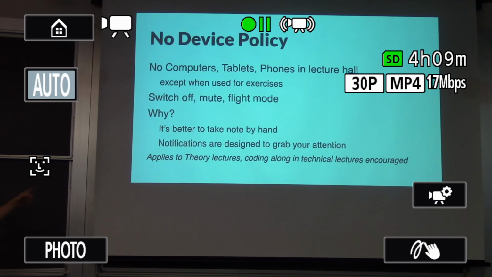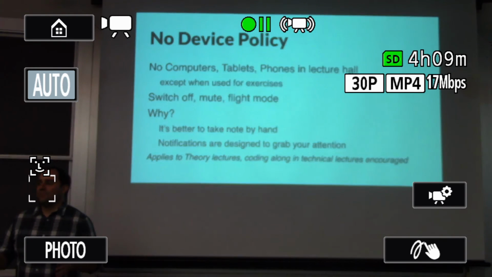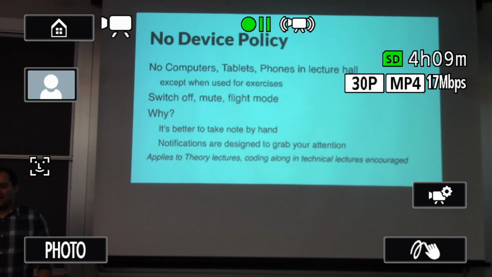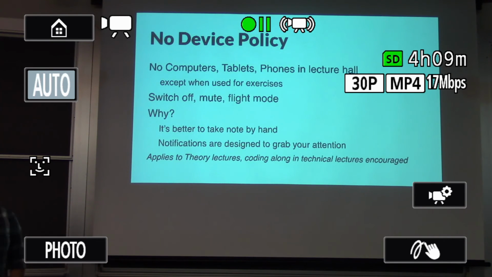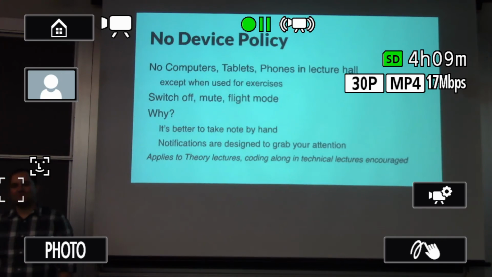And then notifications on Facebook, email, and so on, they're really made to grab your attention. If you get a Facebook like from any of your friends, you have a little red flag popping up in the periphery of your vision. And this is really what people are drawn to. There are perception studies: if something changes in the periphery of your vision, you will always draw your attention to it. And I'm not sure I can compete with